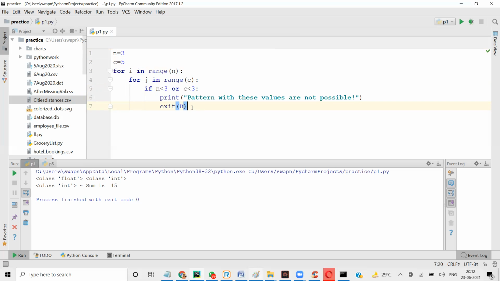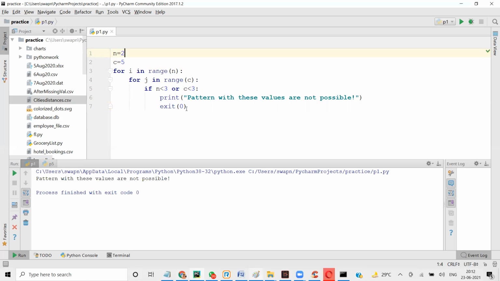N is less than 3, or yes, it will print. No, it is less than 3, not equal to 3, isn't it? If I make it 2, then this will be printed. See, the condition is less than, not greater than. Oh, right, when we say less than or equal to, that's when this print pattern will be printed.